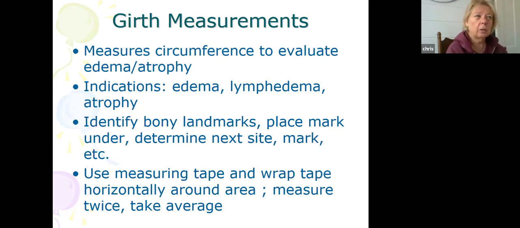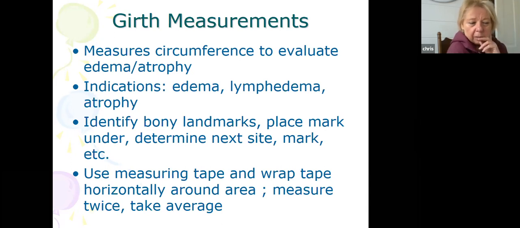So if I was going to do the lower extremity and I was going to measure from the lower leg, I would put a mark above, and I always like to do above because you could hook your fingers onto something. So I always go above the malleoli, and then you can go 2 centimeters, 4 centimeters, 6 centimeters. So if you go 2 centimeters, you make another little mark. 4 centimeters, you make another little mark with a pen, and 6 centimeters, make another little mark, and do a circumferential measurement.